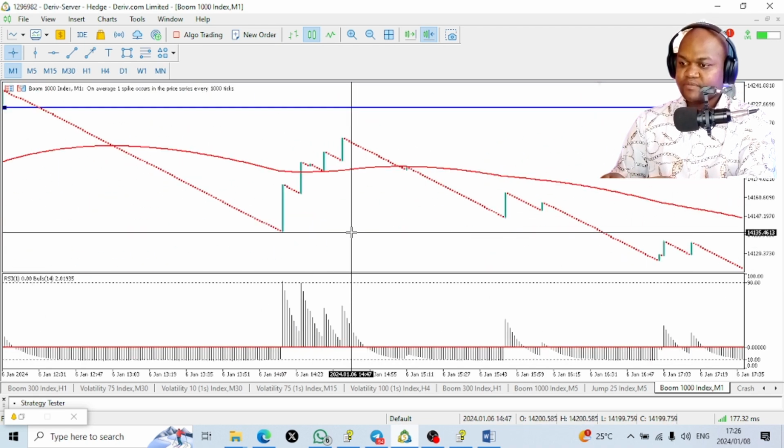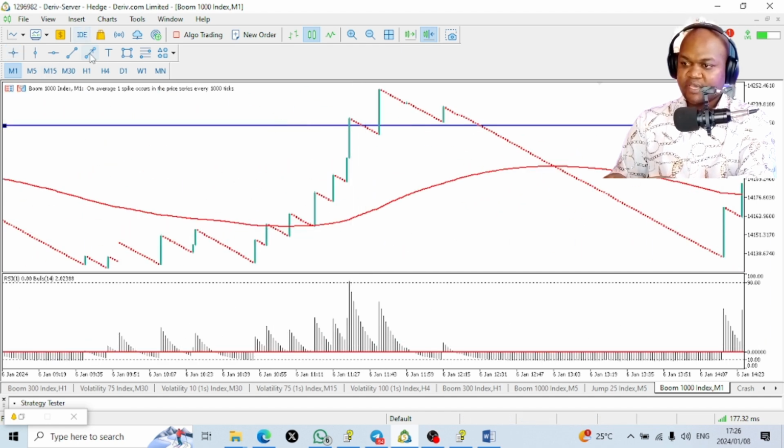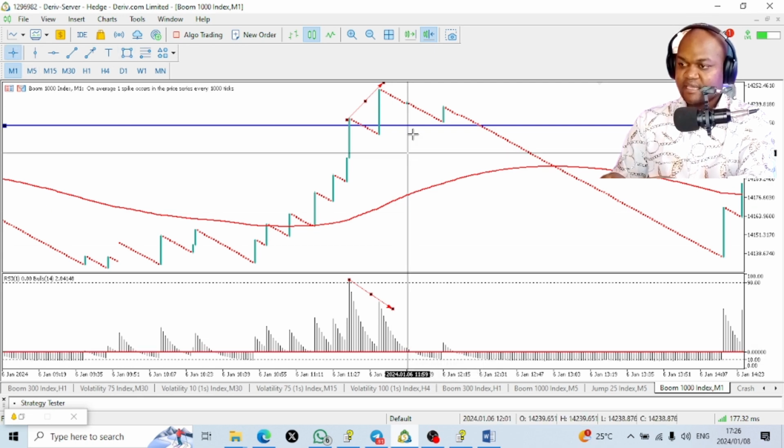Okay, let's look for one last example. We can see here that price was making higher highs, and here on our oscillator, price was making lower lows. And then we wait for price to cross below this red line, which is the zero line, and then we're going to take our